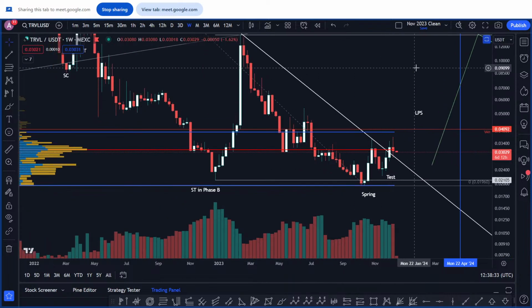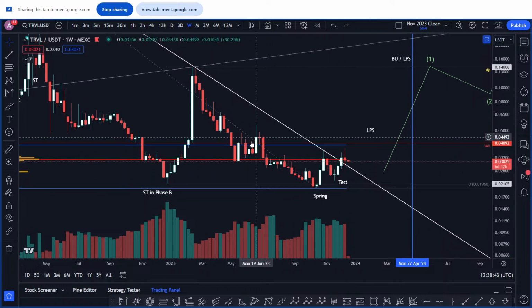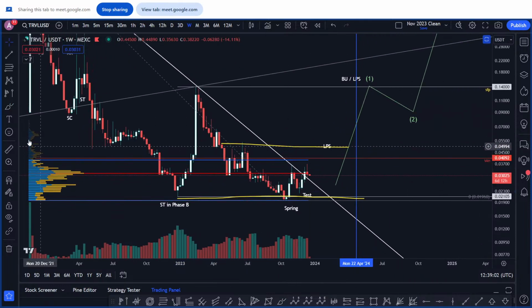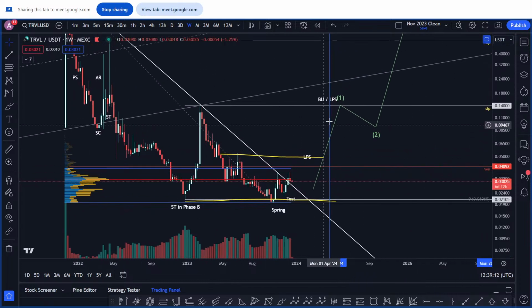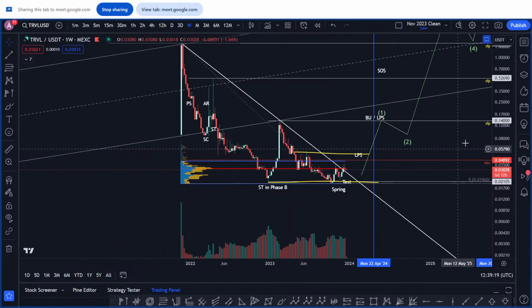But what we're experiencing now on the highest time frame, the weekly time frame, is extremely healthy. This is healthy accumulation. All of this market structure that we're forming now is actually really beautiful. It looks like art. This is what you want to see, because eventually, once we clear all of this market structure, once we clear these levels, and this will all form our foundation, our base for the next level up, for the next range. And as long as we keep on forming this higher time frame market structure, and we keep on stepping up, and we're forming more higher time frame market structure, and then in the highest time frame